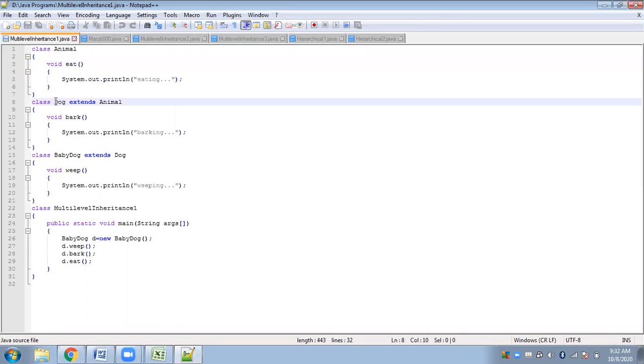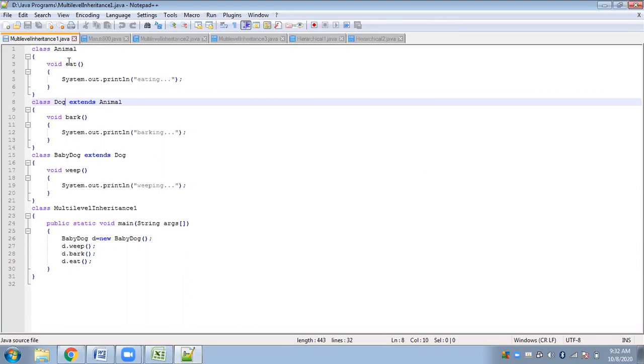Next, we have a child class of the animal class, which is the dog class. So dog extends animal. This is the child class, and it will inherit the entire animal class. Since we have only one method, which is default, it can be directly inherited inside the dog class.